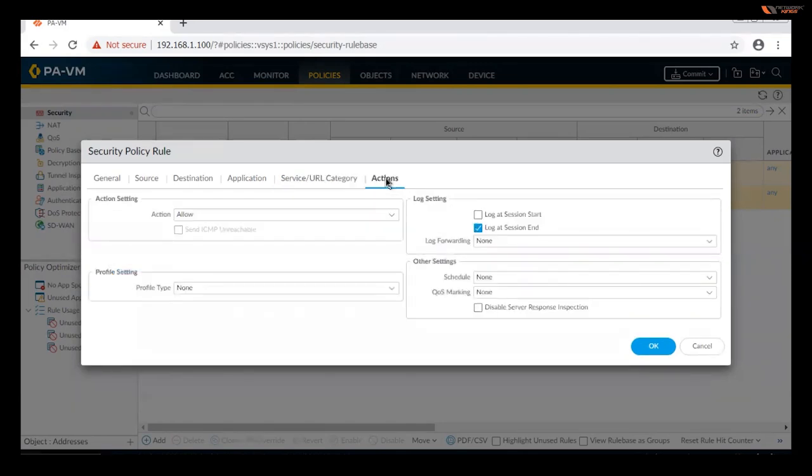Now come to the action. How many types of action settings are there? If you see, the action is allow. So, guys, what is the meaning of allow? Allow means, so like,